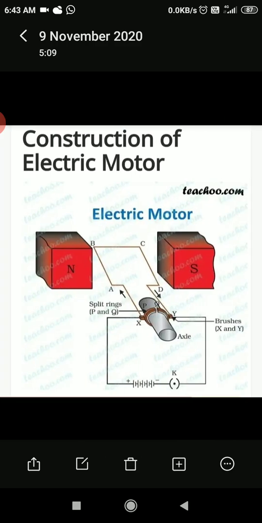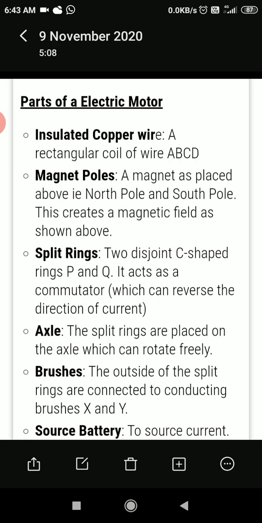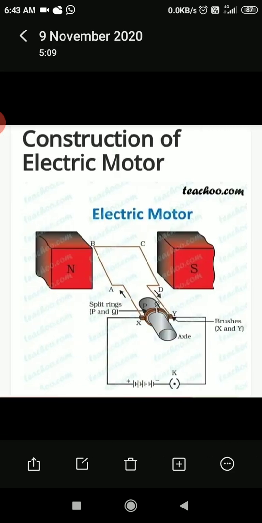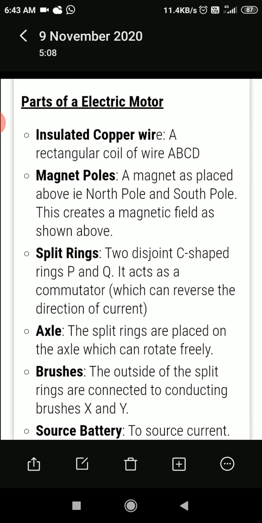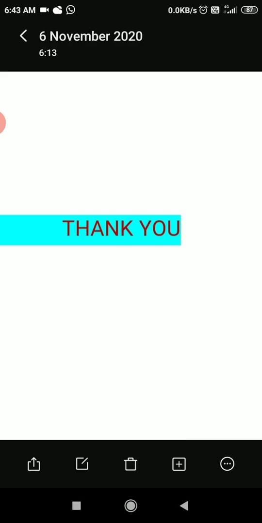X and Y are the two conducting brushes which conduct the current and supply it to the wire. Another thing required is the battery. The battery provides current, and when that current carrying wire is placed in the magnetic field, we get the movement, because of this principle.